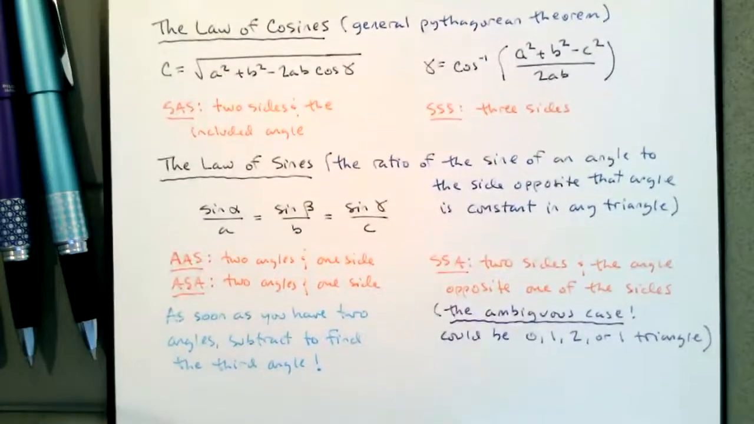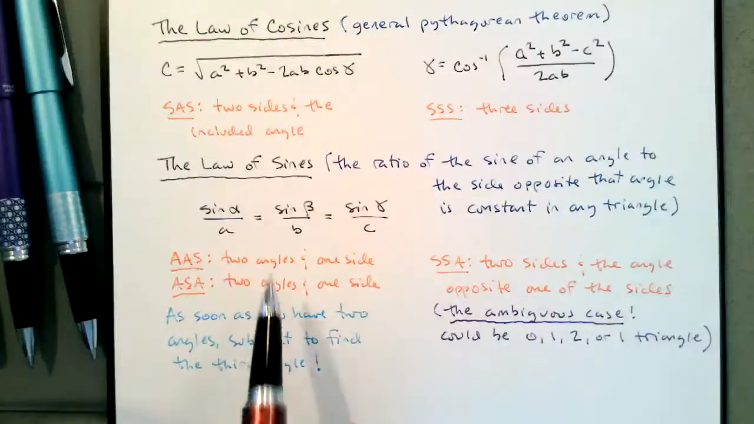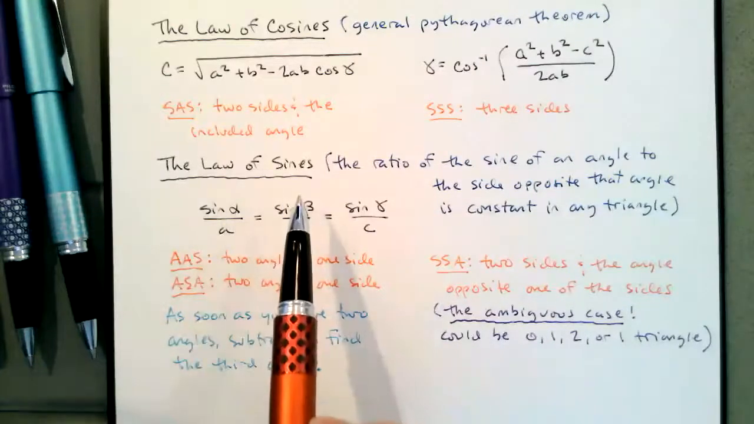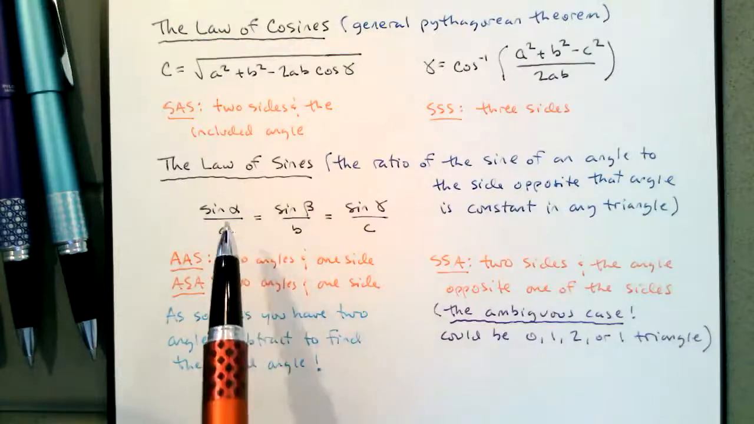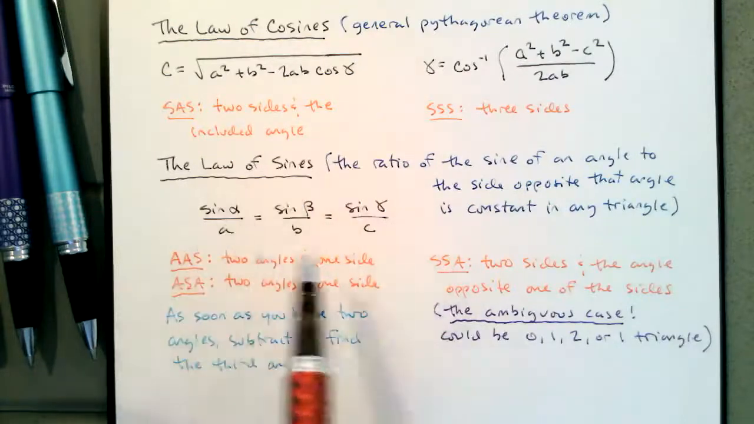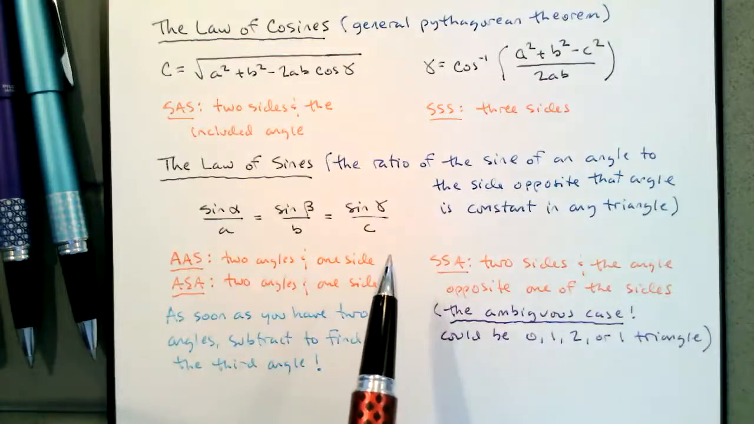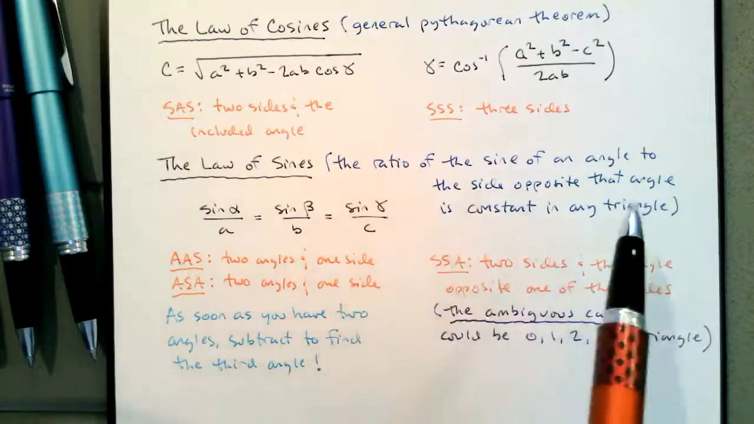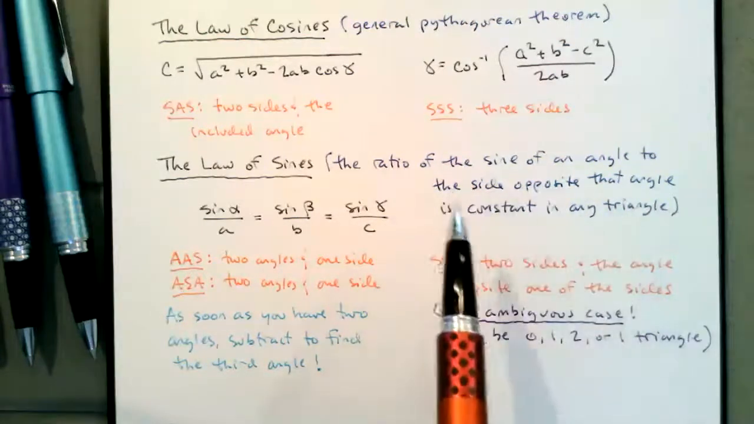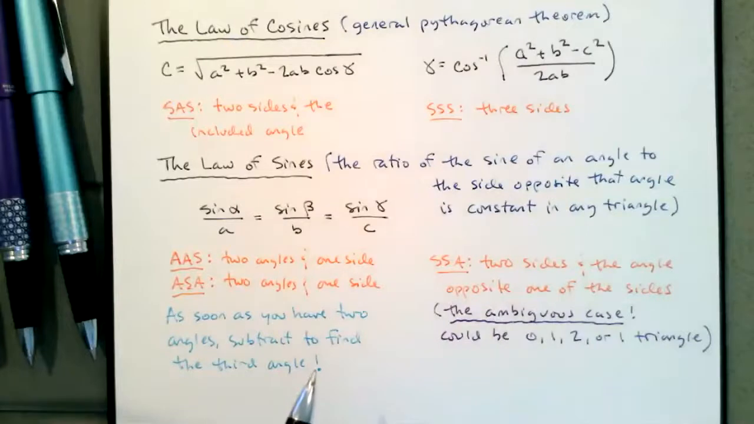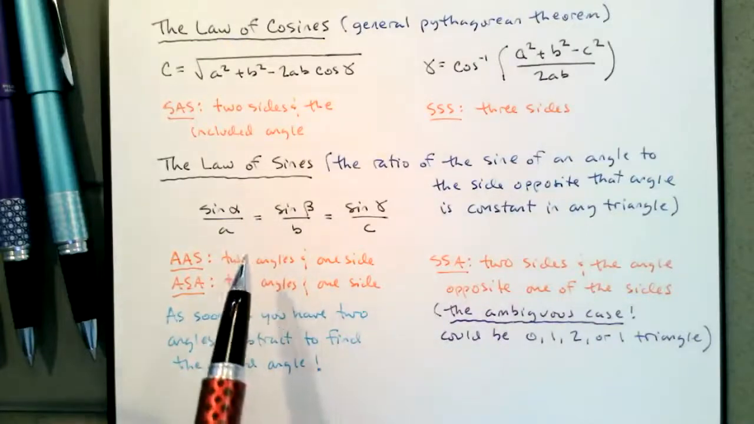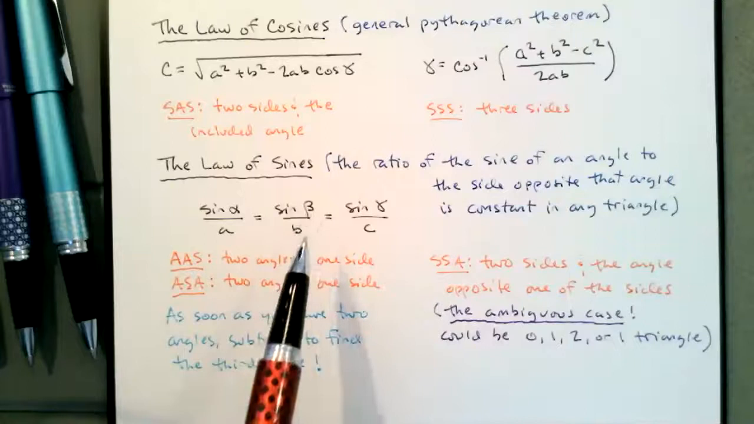So if we don't have all 3 sides and we don't have 2 sides and the included angle, that means we're down here in one of these other cases, in which case we can use the law of sines. So the law of sines is actually 3 different equations all combined into one equation. If we want to be sophisticated and fancy, we could say the law of sines states that the ratio of the sine of an angle to the side opposite that angle is constant in any triangle. Then we'll sound super fancy. But as a formula, it's sine alpha over A equals sine beta over B equals sine